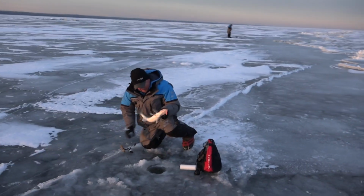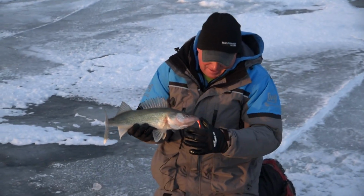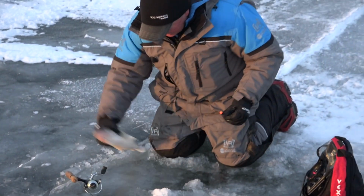Just got out here. Look at that beautiful fish. Nice. Got him on the back hook. A lot of times we get them on that oversized red treble, but